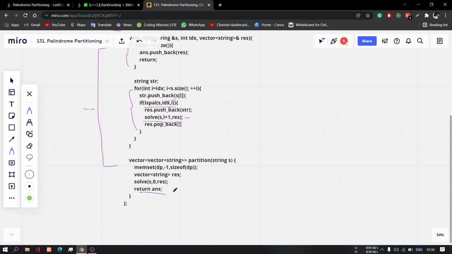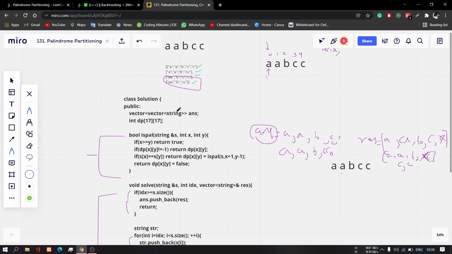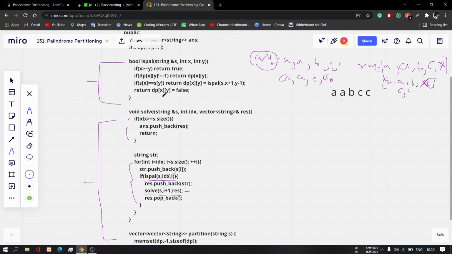Okay, after this, you just simply have to return this answer vector from the main function, as you see I have written. So it is basically a simple permutation based question, and here I have taken a DP array also, but you do not need to take a DP array because you can simply solve it by only recursion. I have taken the DP array because there is a recurrence relation.